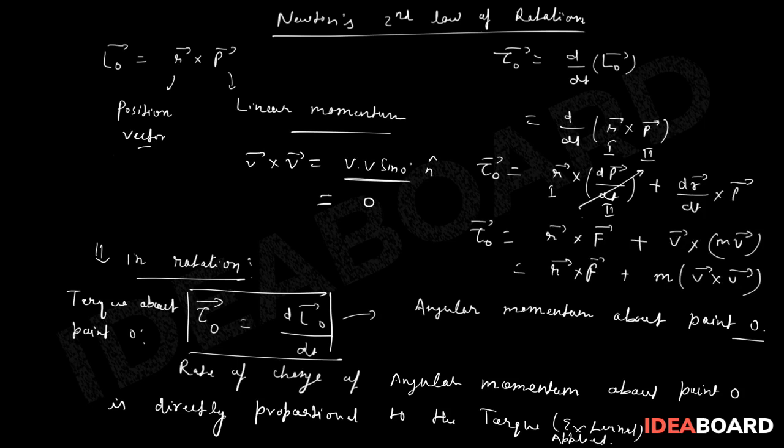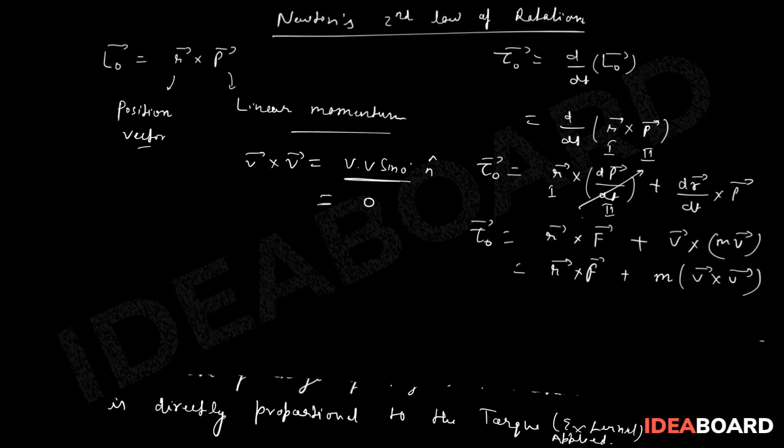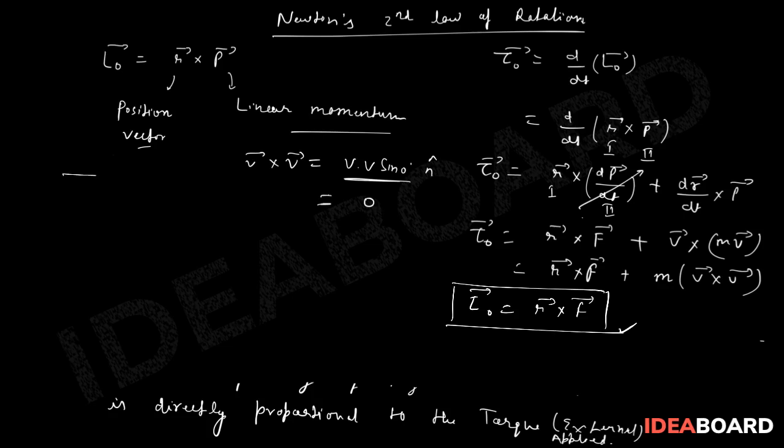So now interestingly we are obtaining a very important relation, that torque about a point O is equal to r cross F. Okay, and which is the actual definition of torque, r cross F. And also simultaneously we can write torque about point O is equal to dL by dt, LO, and we know that this LO is what? This is I about that point into omega.